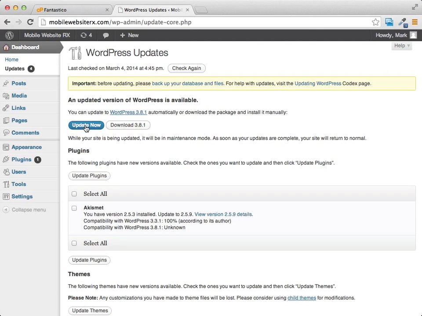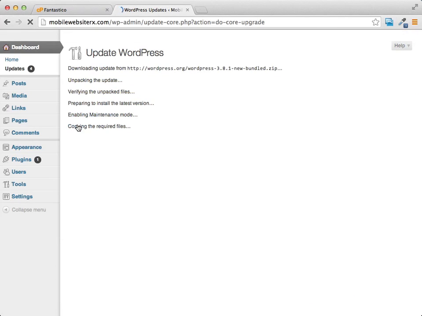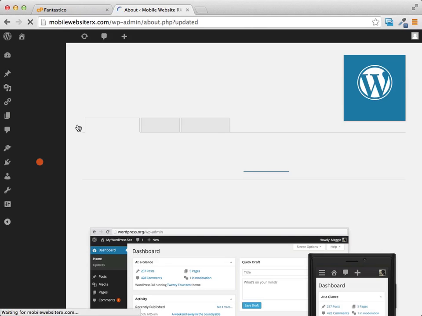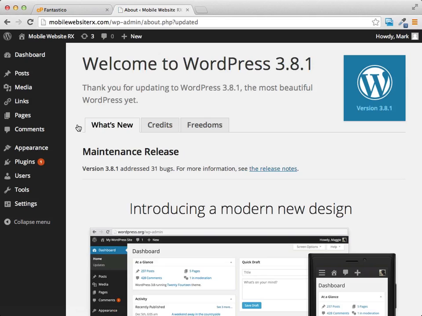You can download it and do this manually, but I find it's just as easy, especially on a fresh install, to go ahead and click the Update Now button. What it's going to do is upgrade your WordPress installation to the very latest version of WordPress. And it can take just a couple of seconds. You can see this is happening in real time,